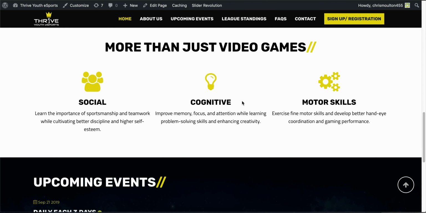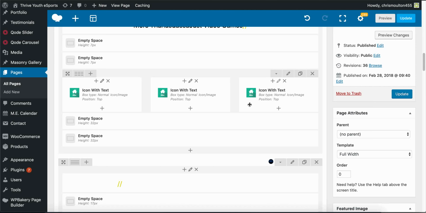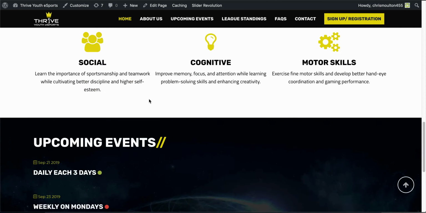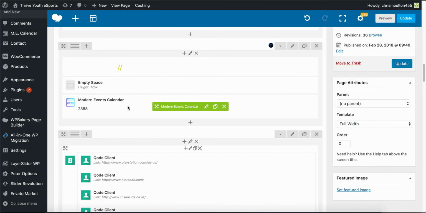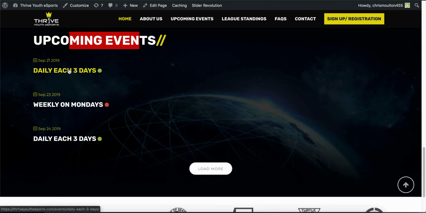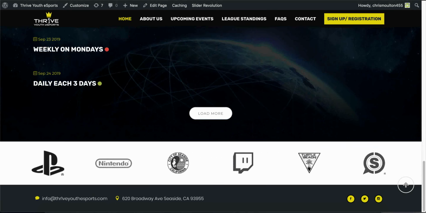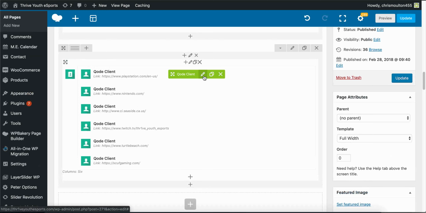Okay, so we were on this row, and just below this row we have another row that shows the heading and some events. So I'll show you how you can update the event details. Scroll down and here comes the logo. If you want to update any of the logos, click on it,